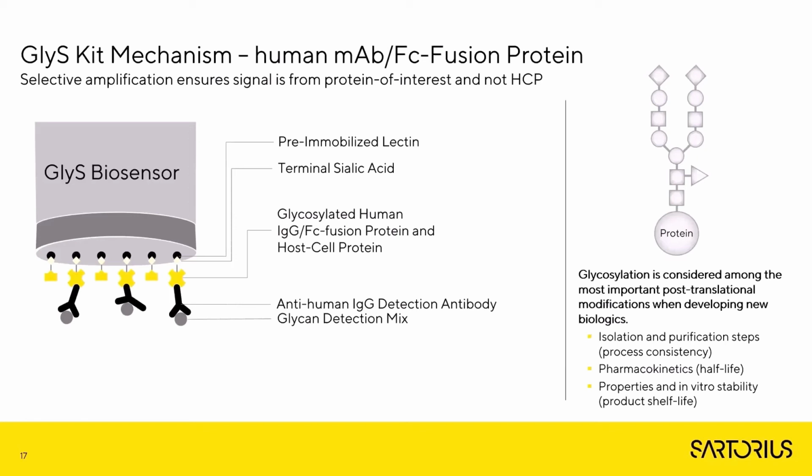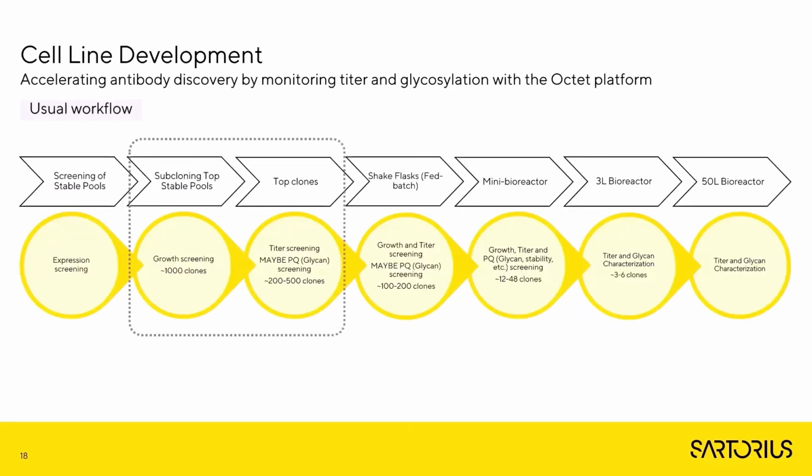In terms of throughput, up to 96 samples can be measured in parallel. The assay is easy to use and tolerates crude samples. This allows you to screen very cost-effectively in early stages of development, where the number of samples might be a couple of hundreds or even thousands, rather than waiting for a later stage where only a few samples have to be characterized, but the likelihood of having a protein without correct glycosylation is higher. So identify the high-quality candidates earlier to prevent late failures downstream.